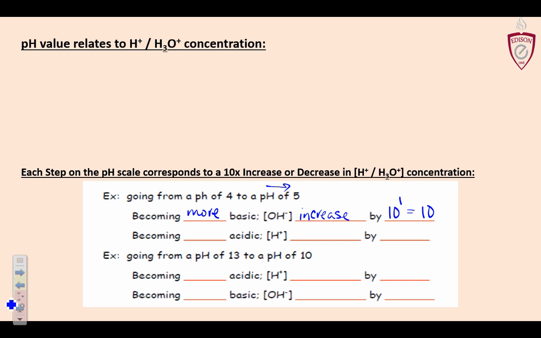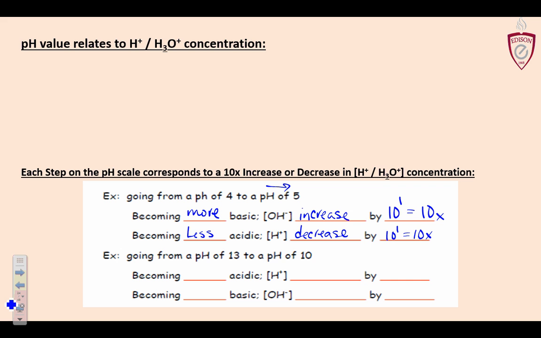All right. Now, same change, but relating it to acidity, I'm becoming less acidic. Therefore, my H plus concentration must be going down. But my pH change was the same, so this is also going to be a jump of 1, which is 10 to the 1, which is a 10 times change. So the thing to remember is that each pH number change, so from like 5 to 3,